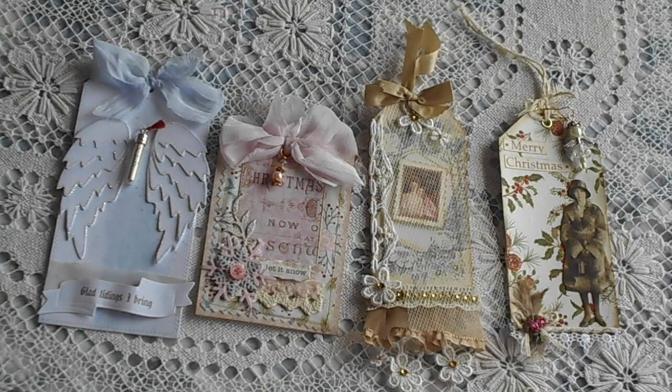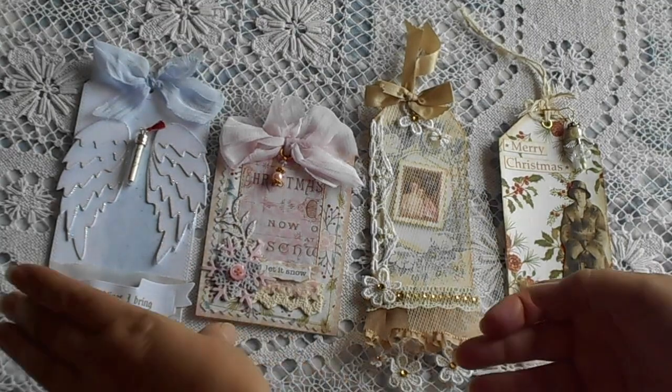I have some of the lovely tags come back from the tag swap, so I thought I'd just hop on and show you. They're all very beautiful. Now this tag swap was through Carol from Oakhouse Journals, and the first tag I have to show you is